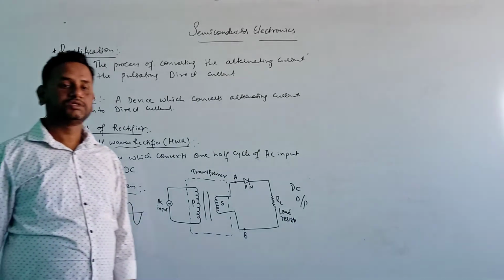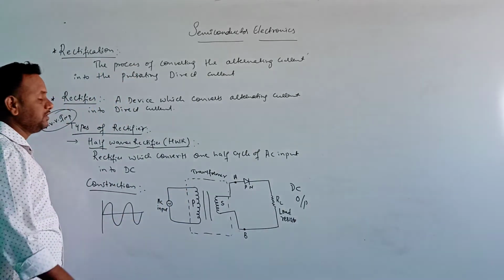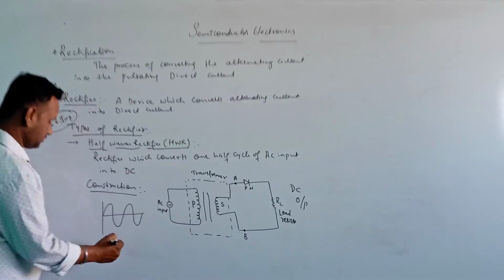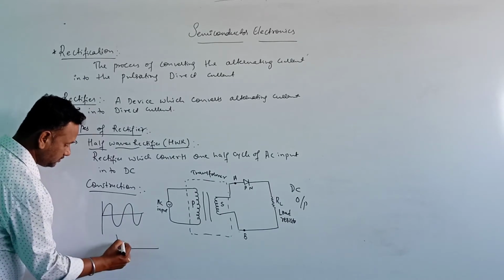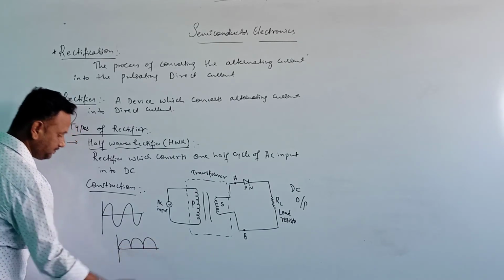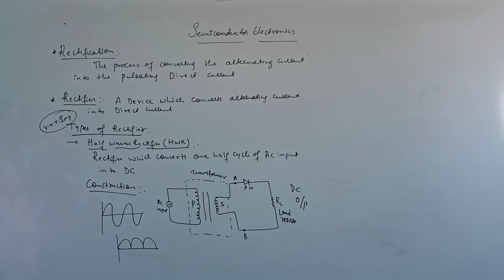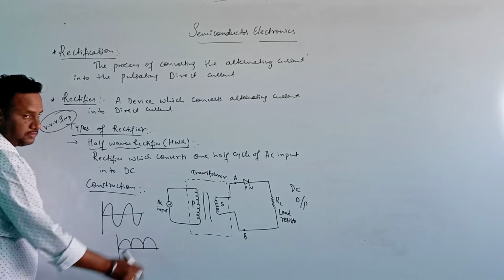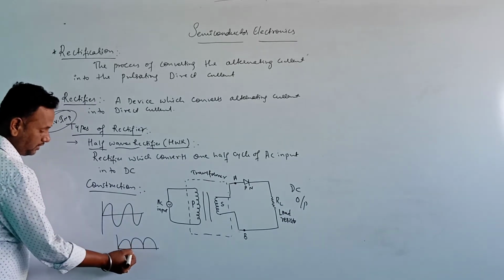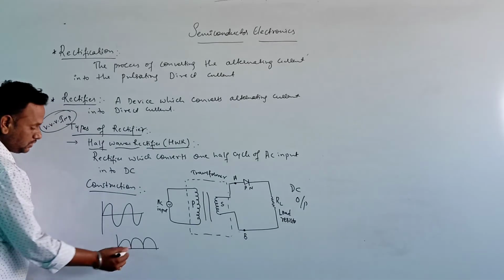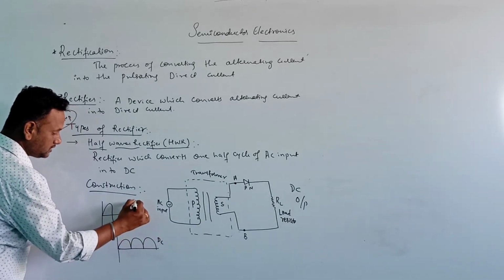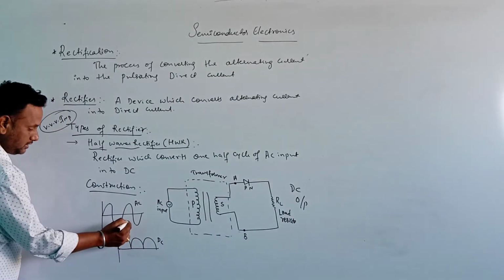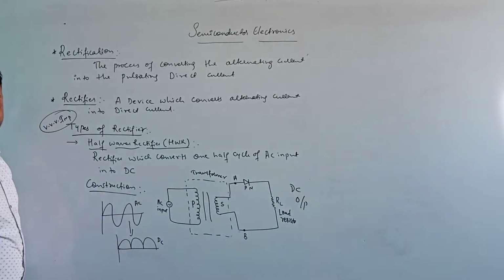इसे हम क्या बोलते हैं? Sine. DC means where we get only one direction, like this. This is called DC. Okay. So we are getting only one half of the cycle here. The other half we are not getting as output. So this is called DC and that is called AC. Like that we convert the same AC into DC.